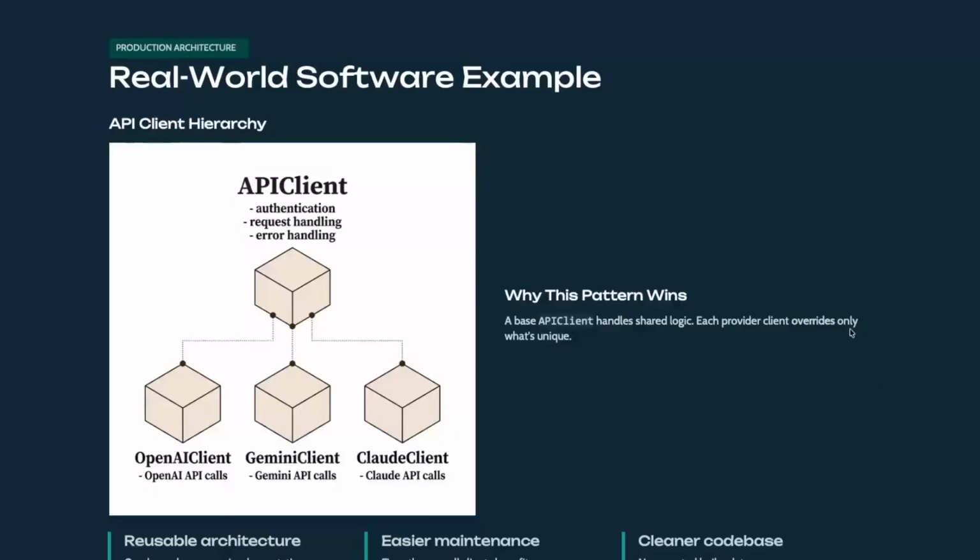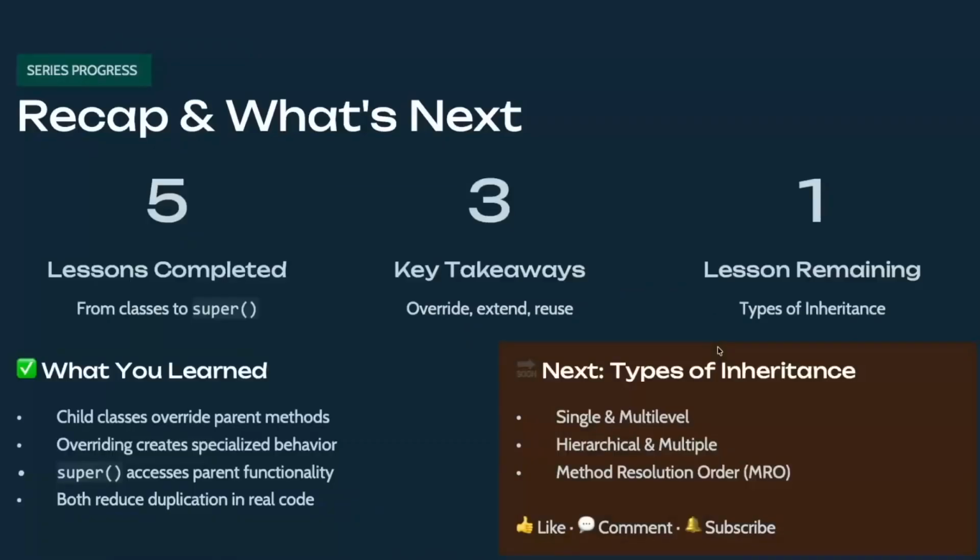Now let's do a quick recap. Today, we learned that child classes can override parent methods to create specialized behavior. We learned that Python checks the child class first when resolving methods. We learned that super allows us to reuse parent functionality instead of duplicating code. And we saw how these concepts are used in real software systems. In the next lesson, we'll explore the different types of inheritance available in Python. We'll cover single inheritance, multi-level inheritance, hierarchical inheritance, and we'll also revisit MRO, which is method resolution order, and see how Python resolves methods across